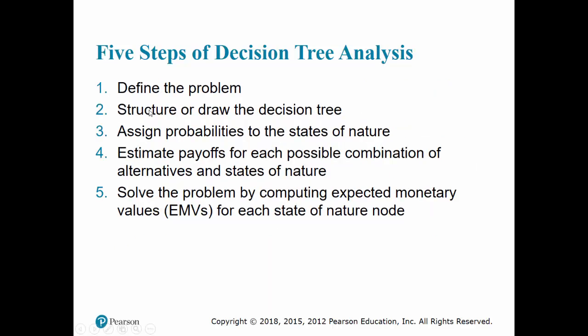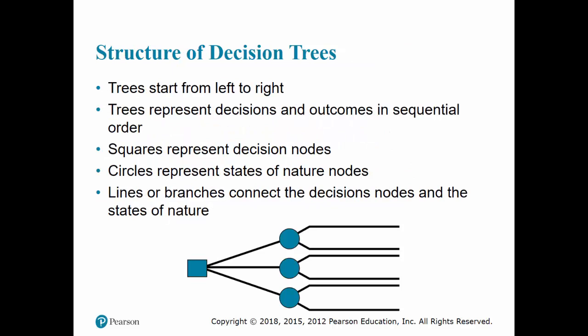Define the problem, structure, and draw the decision tree. You assign probabilities to states of nature, and then you'll work backwards, computing the expected monetary value from one decision to the next in the backward order. Okay, so here are some basic